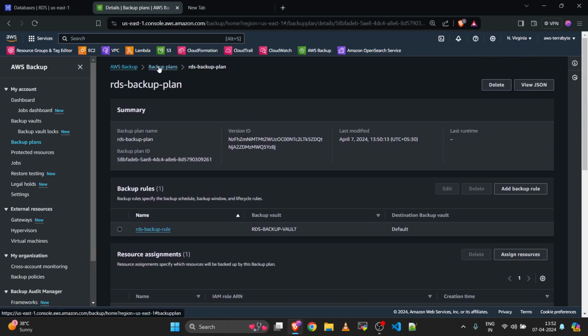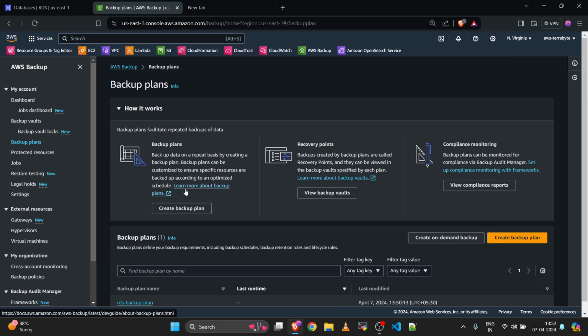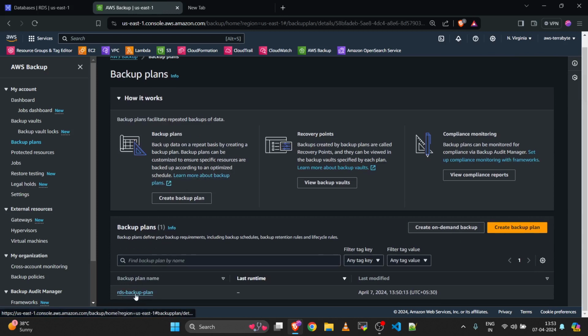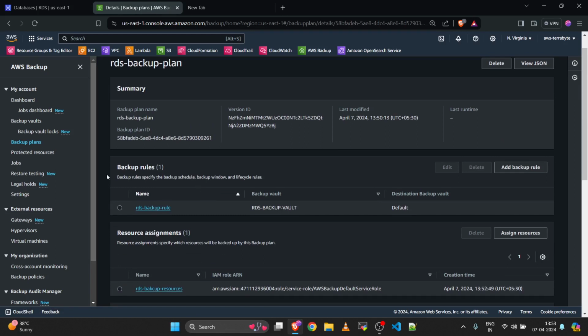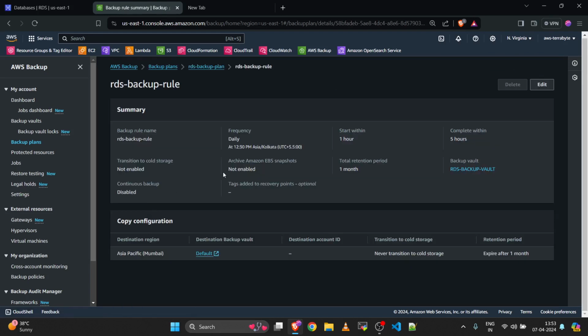So let me click on backup plans. So this is the backup plan we have created here. And under this backup plan we have one backup rule, which is: daily at 12:30 p.m. the backup will start, and the backup starts within 1 hour and completes within 5 hours. So this is our backup rule,